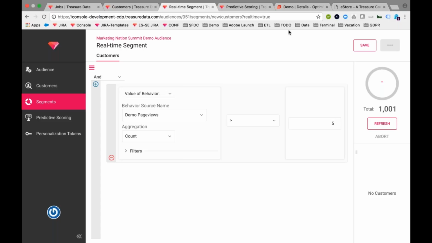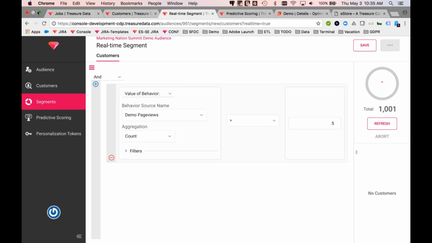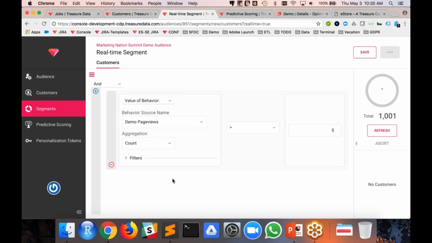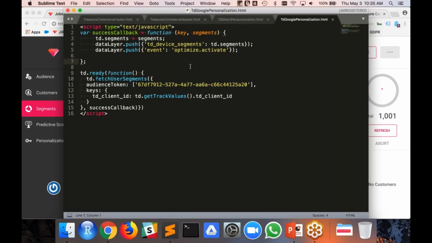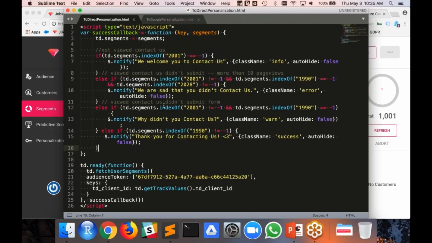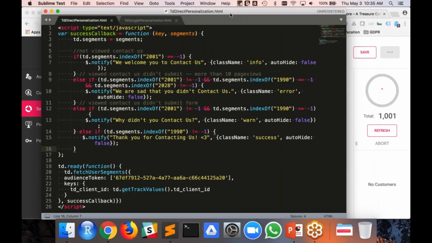And so let me pull up that example, 1 second. There are two ways I'm going to showcase how to do it right here. And just give me 1 second. This is the direct segmentation. So if you have on your website